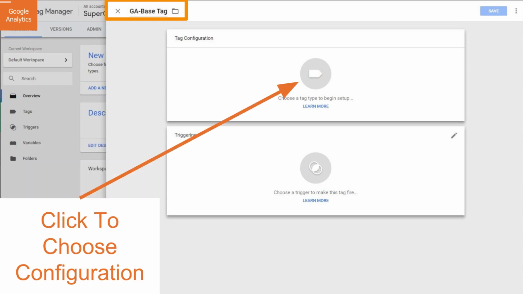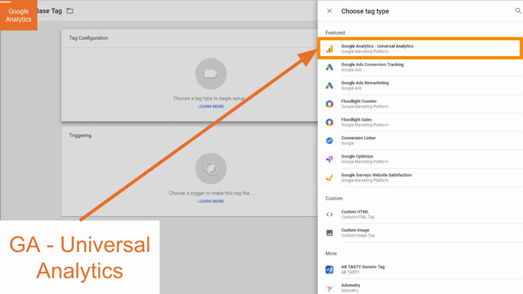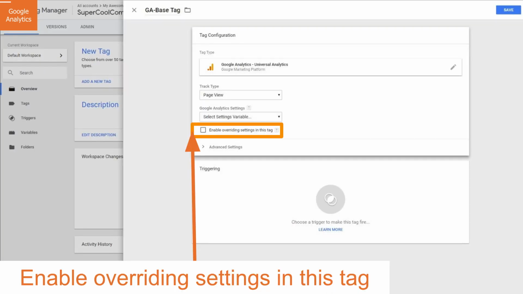Once we've named our tag, we're going to go ahead and click Tag Configuration, and we're going to be given all of these tag implementation options. We're going to go ahead and click on Google Analytics Universal. If for some strange reason you see Classic anywhere, don't use Classic. We're going to use Google Analytics Universal because Classic is completely outdated now. So we'll do Universal, and we're going to go ahead and click Enable Overriding Settings in this tag. This essentially is telling Tag Manager we want everything. When you get into Advanced Google Analytics and Advanced Google Tag Manager, you can unclick this and start getting fancy with individualized settings. For basic setup, just click Override and keep going.